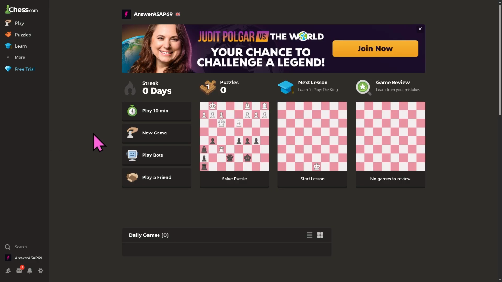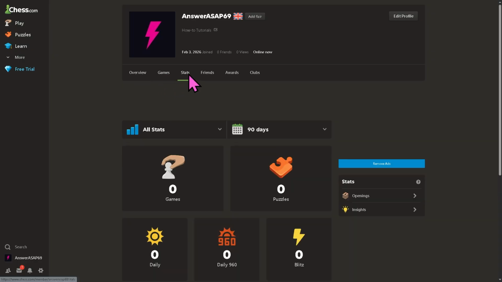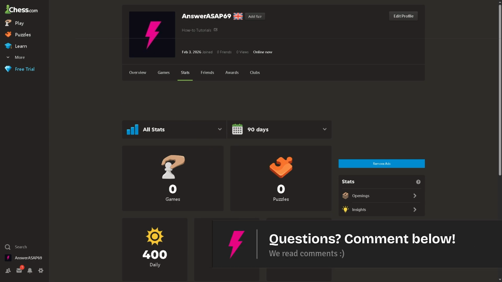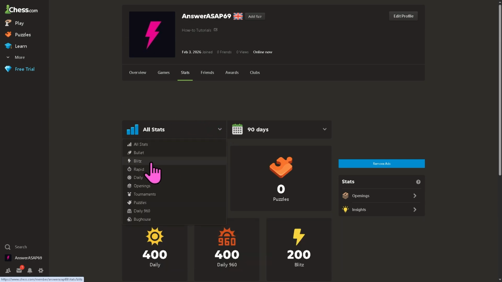then I want you to hover to the bottom left corner where you can see your profile icon. This will forward you to multiple tabs. I want you to click the stats section, and on the drop-down menu, there are multiple options here. Whether you played Blitz, Rapid, Bullet, tournaments, puzzles, you can see your rating by clicking on any of the following